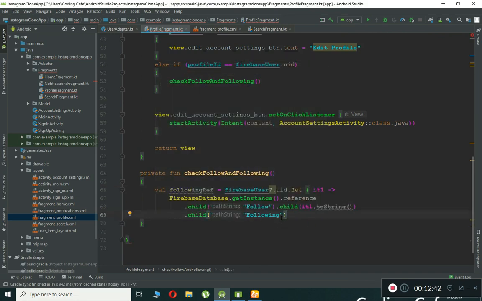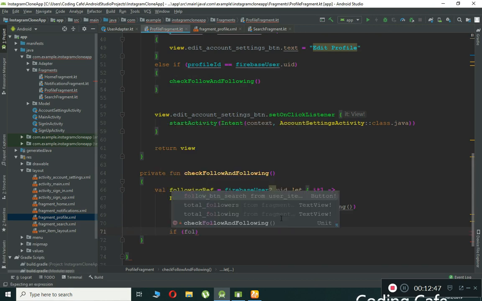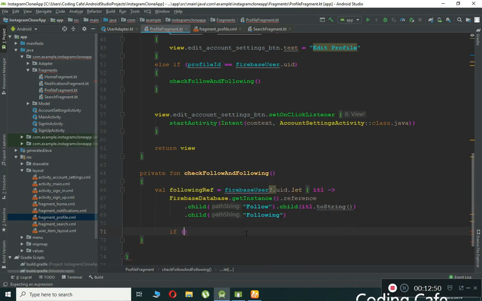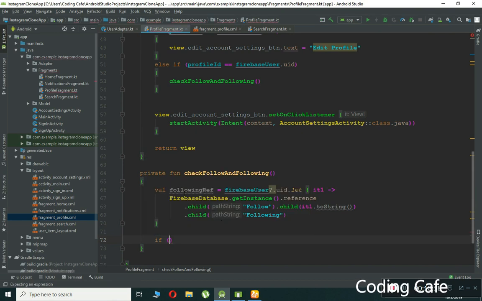So now here we can say if followingRef, sorry, let's just copy paste this. Okay, we forgot to close the brace. That is basically this brace, because we just copy pasted and we forgot to close this curly brace. I'm really sorry for this. Make sure to take care of these things. If followingRef not equals to null,